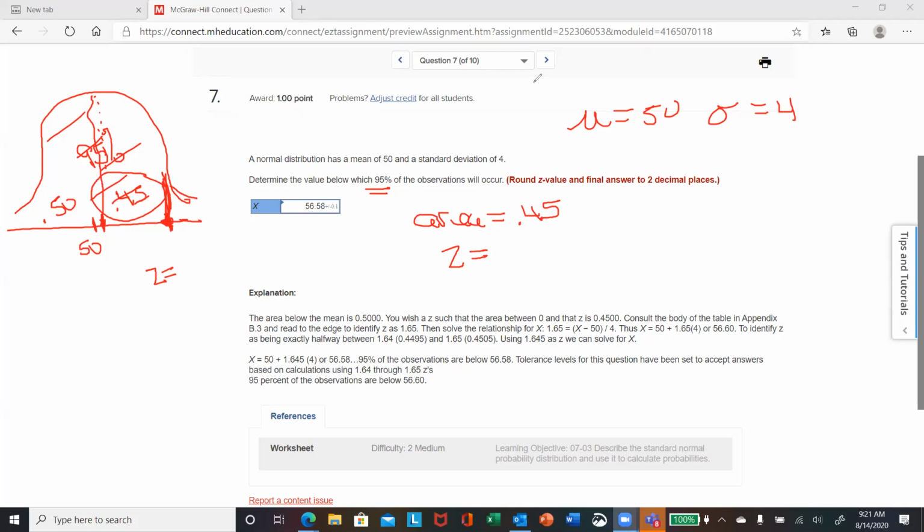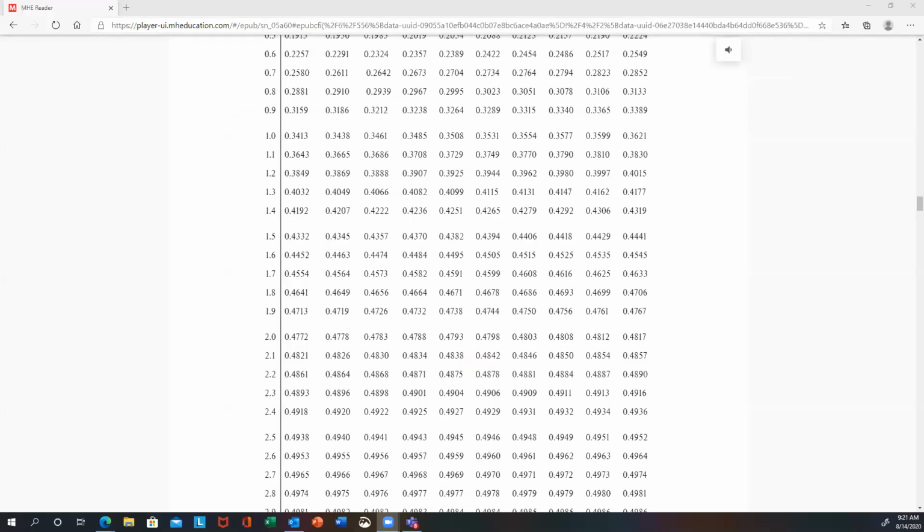you're not going to find an exact number, but if you go to your z table and I'm looking for 0.45, you don't find it. So for 0.45, there's 0.4495, and there's 0.4505. So I can use either one of these numbers, and I believe your authors choose to use 1.65. Usually, you'd probably want to use 1.645. Usually in my class, I give you a choice. I think they want you to use 1.645,